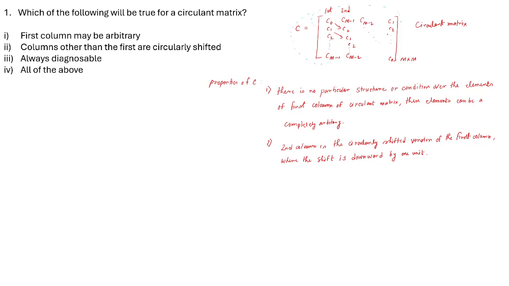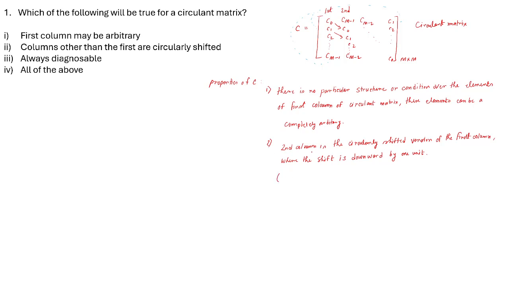If you see that from the perspective of rows, the circularly shift property holds true when you move from one row to another. It's just the shift direction that changes. Across the columns, the shift is downward by 1 unit. Across the rows, the next row is the circularly shifted version of the previous row, but the shift is to the right, I mean, when you move from left to right by 1 unit. That is the property. So this statement we make about the second column